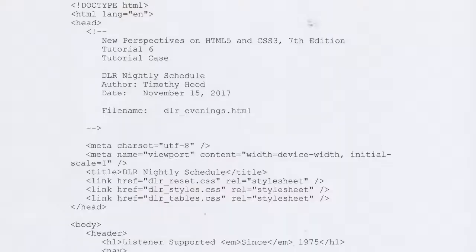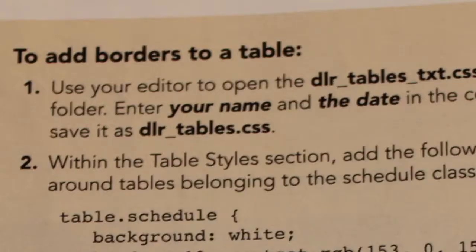If something doesn't look right, that automatically tells me I have to go back to my coding pages, which are the evening and table pages. Now we're going to get into adding borders. DLR underscore tables underscore